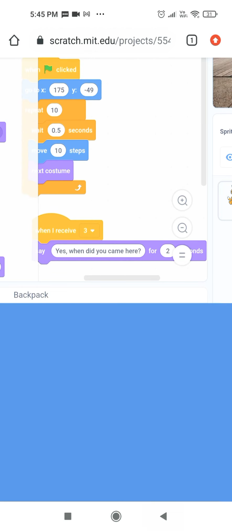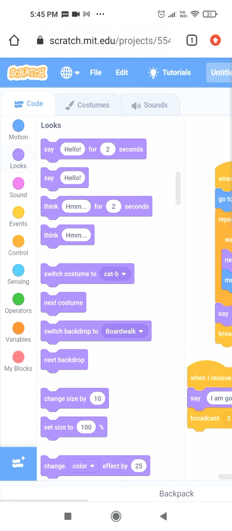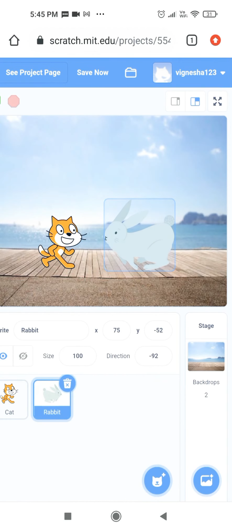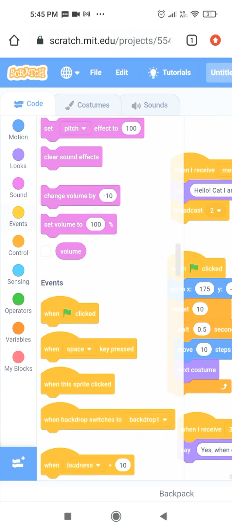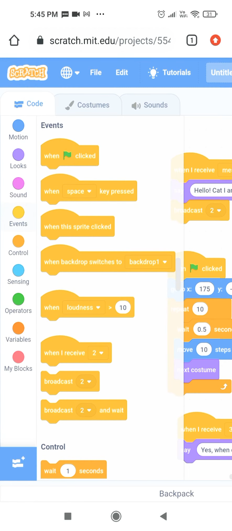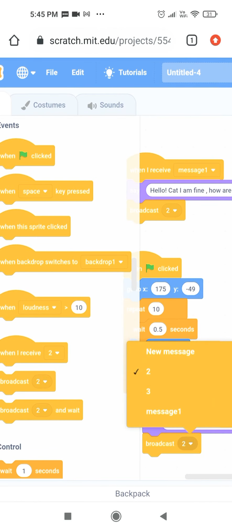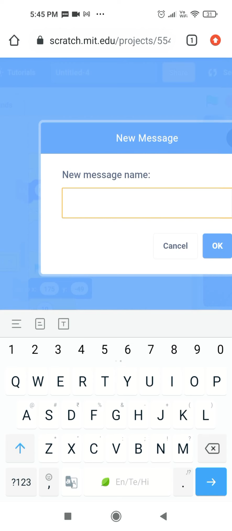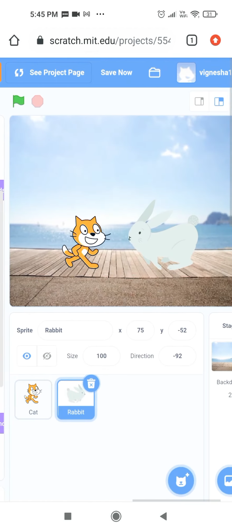And now go to the cat. Actually we have to go to the rabbit and create one more broadcast message. Broadcast message number 4. We have to create a new message number 4. It's created. Now go to the cat.